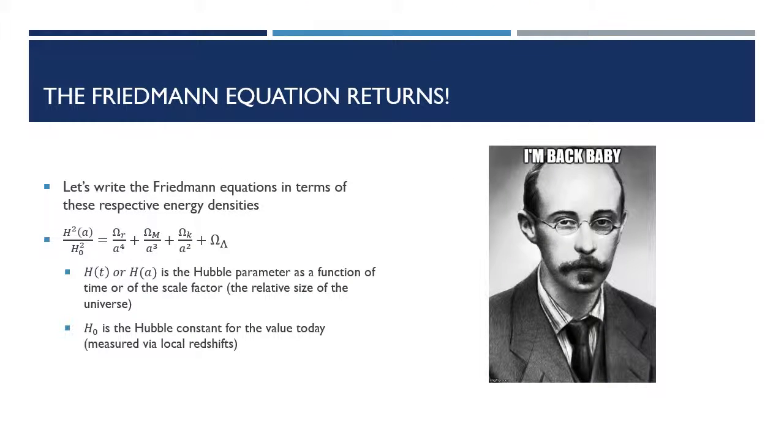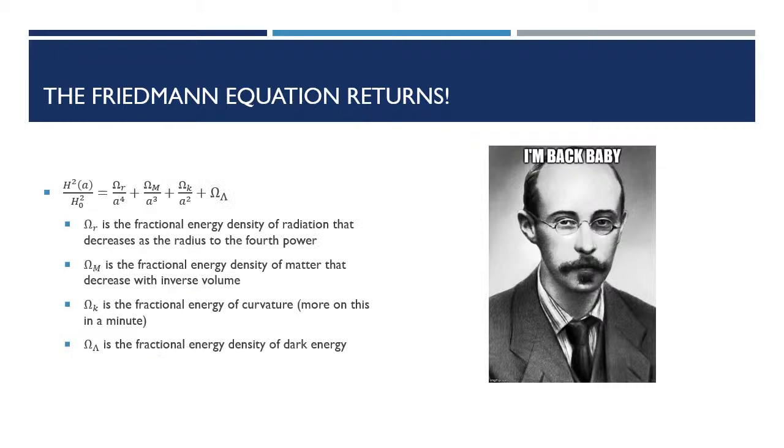But really, to understand why that's the case, we need to come back to the Friedmann equation. In particular, you could rewrite the Friedmann equation like this. On the left-hand side, you have the Hubble parameter, which is basically related to how fast the region between 2 points in space is changing as a function of the size of the universe. And that's divided by a constant, which is H naught, the Hubble constant. And on the right-hand side, well, four different terms here.